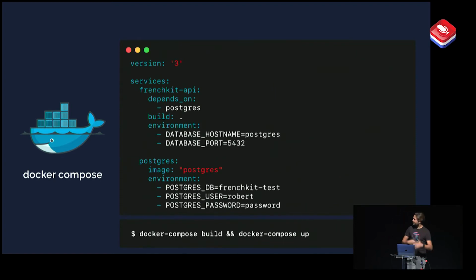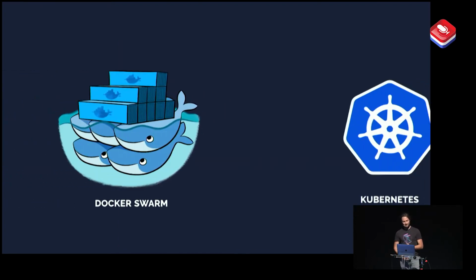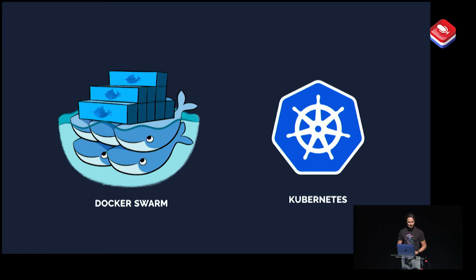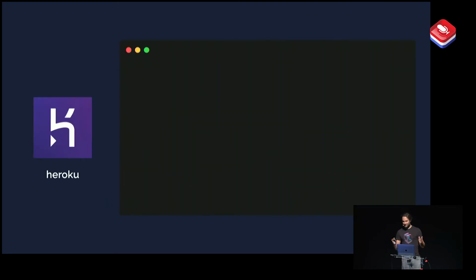So after all of this, if we talk about deployment, you can use Docker Swarm or even Kubernetes to manage multiple dependencies between images. And yeah, it's obviously way, way beyond the scope of this talk, so I won't talk much about it. But to give you a simple example,